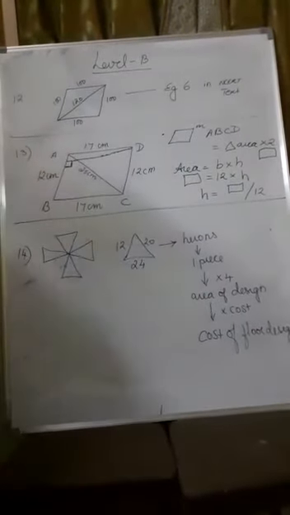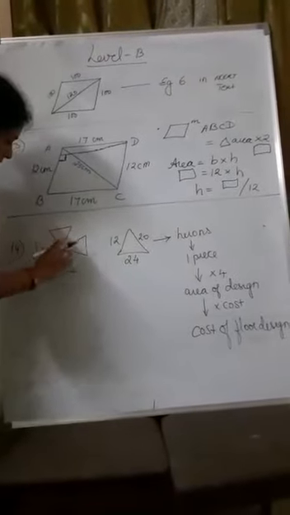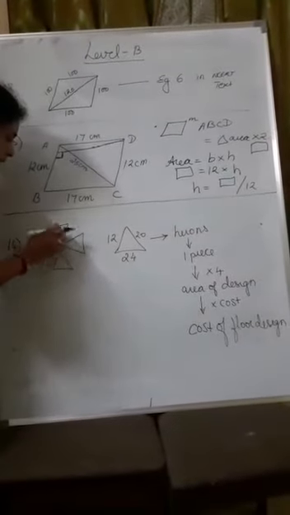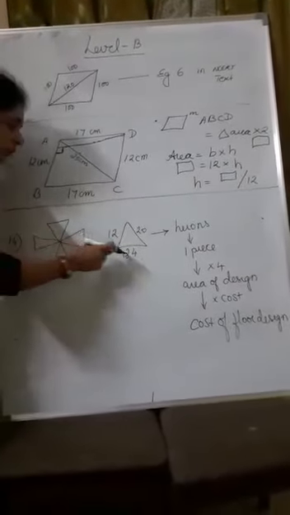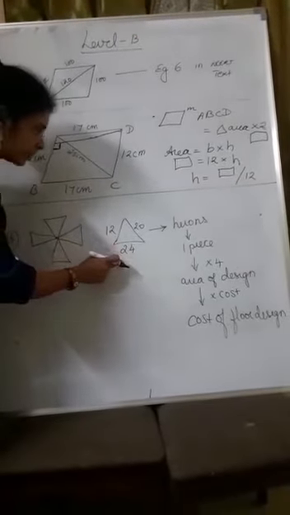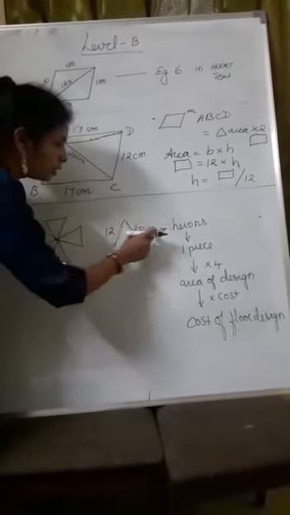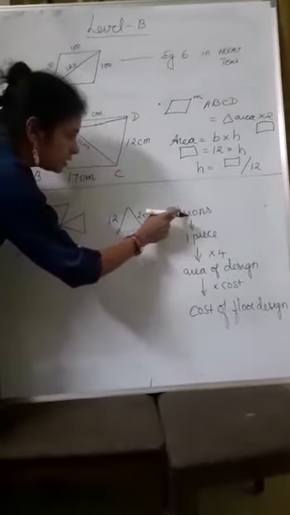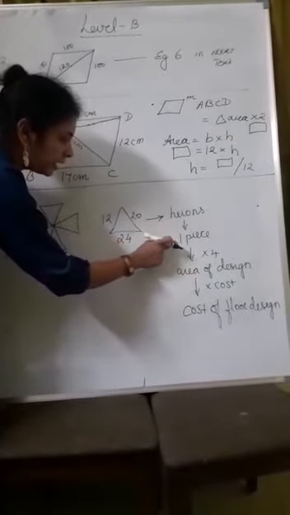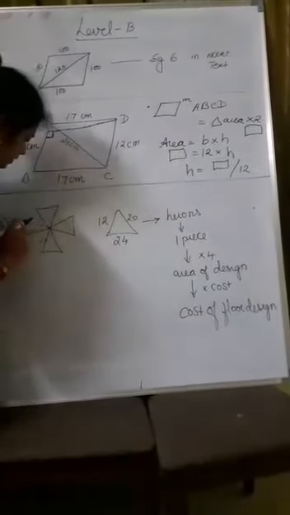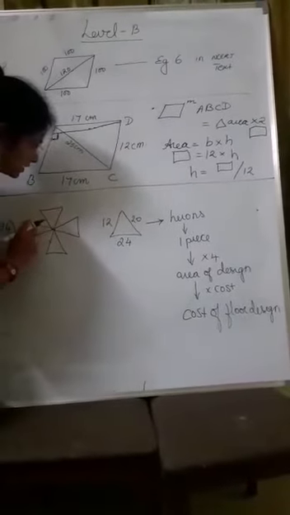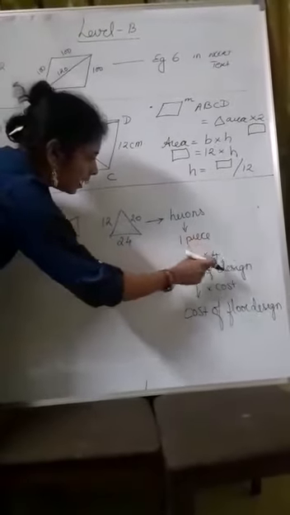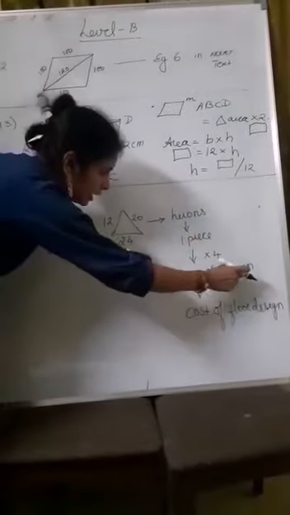You can find the altitude of the parallelogram. Coming to the 14th question, a floor design is there. It is made up of 4 similar triangles. The measurement of one triangle is given. So when 3 sides are known, you will use Heron's formula. With that you will be able to find the area of one piece. So, what is the area of this design? The one piece area multiplied by 4 will give the area of the design.